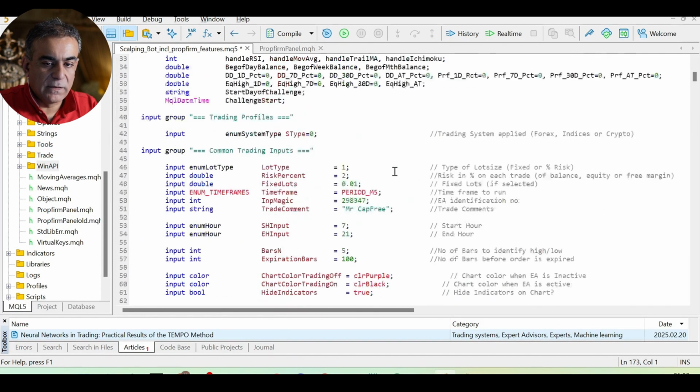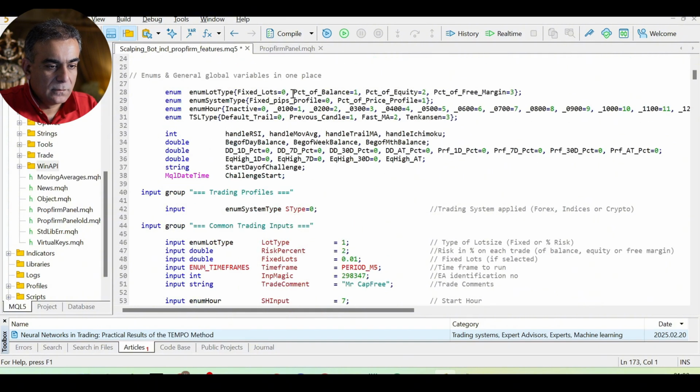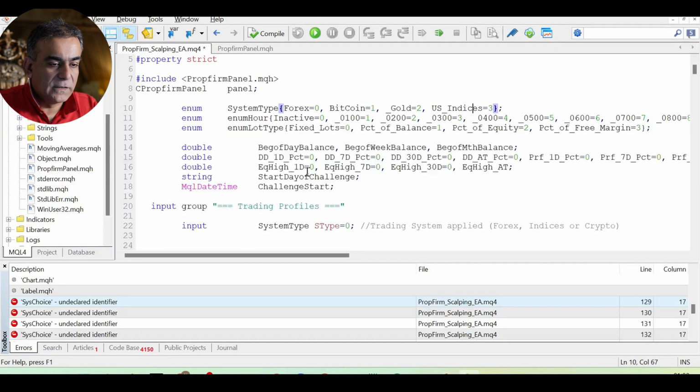So I'm going to go back to MetaTrader 5 and system type, enum system type is this one now. So fixed pips profile or percentage of price profile. So I select that, back to MetaTrader 4 and paste it here. So now we have these two types instead of the previous ones where we had 4